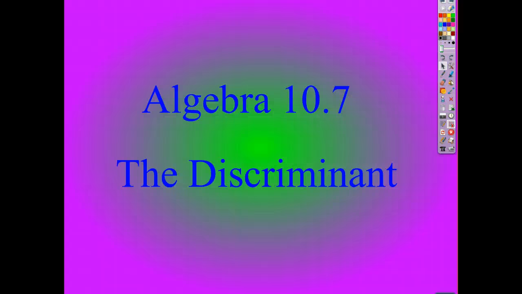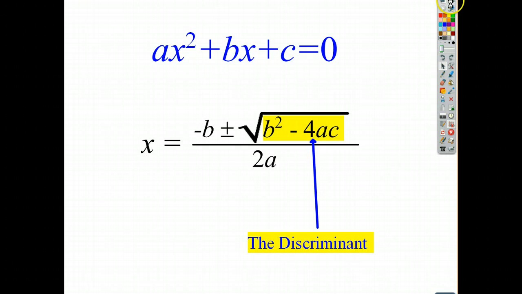Next up, chapter 10.7, we're going to talk about this thing called the discriminant. Now, the discriminant is part of the quadratic equation, and it helps us solve these. So let's go ahead and take a look at some examples, and let's actually figure out what this thing, the